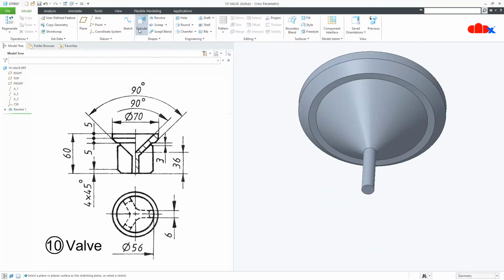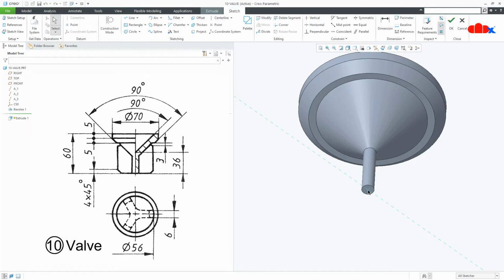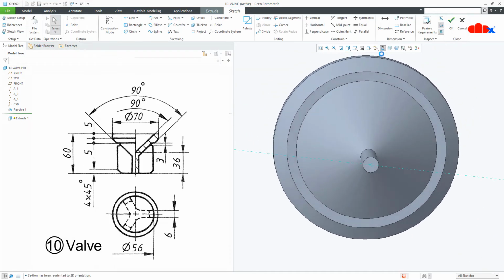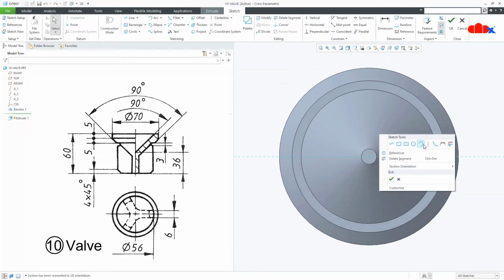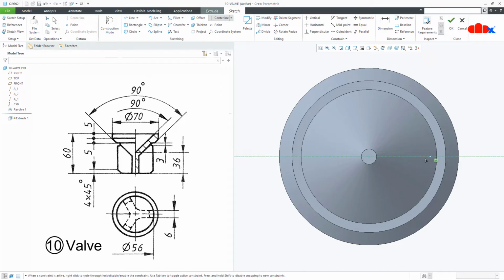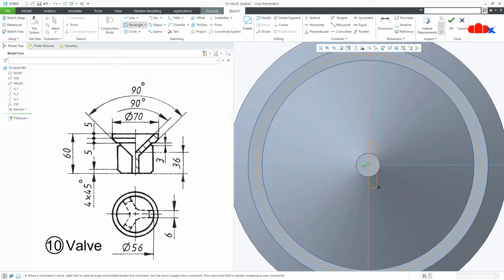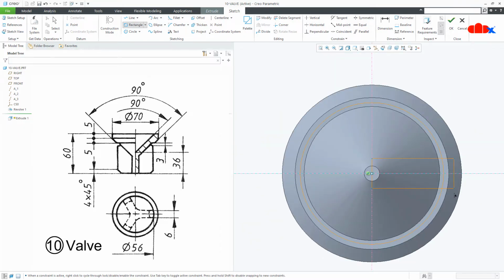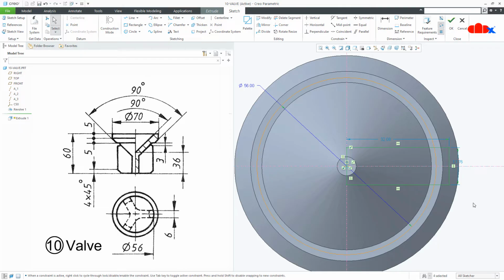Now you go to extrude, select this face, normal. Draw the center line just like this and like this. Now first you draw a circle just like this. This you make it 56. Then draw a rectangle just like this.